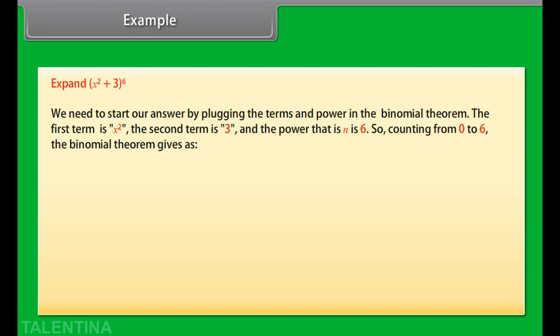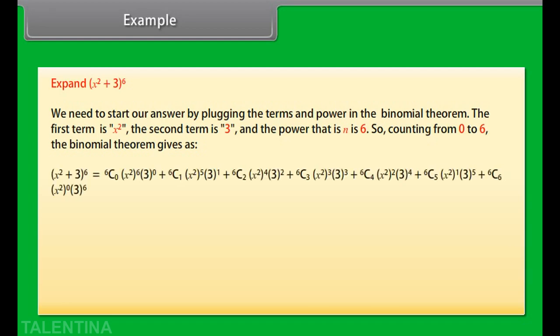So, counting from 0 to 6, x square plus 3 whole power 6 is equal to 6C0 into x square raised to power 6 into 3 raised to power 0 plus 6C1 into x square raised to power 5 into 3 raised to power 1 plus 6C2 into x square raised to power 4 into 3 raised to power 2 plus 6C3 into x square raised to power 3 into 3 raised to power 3 plus